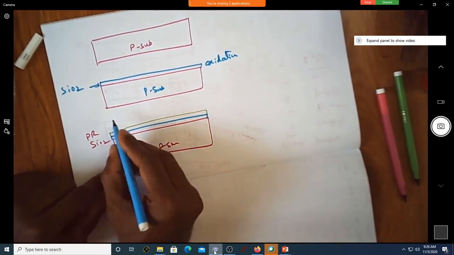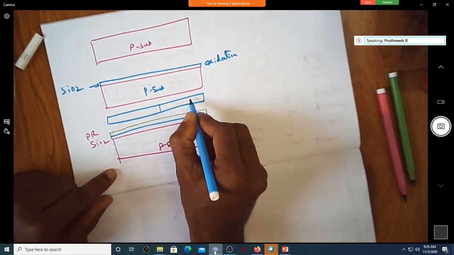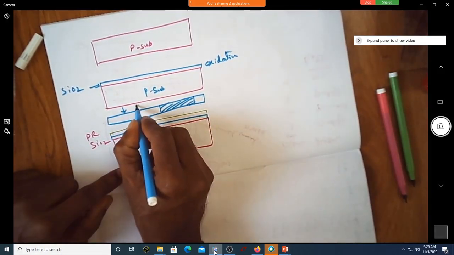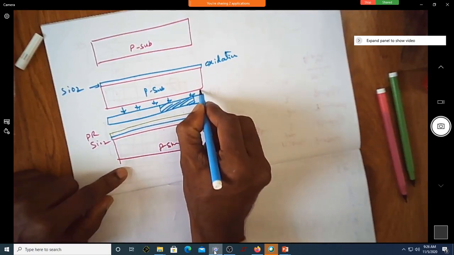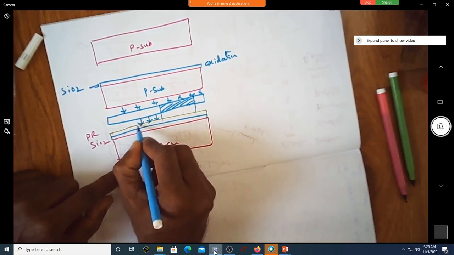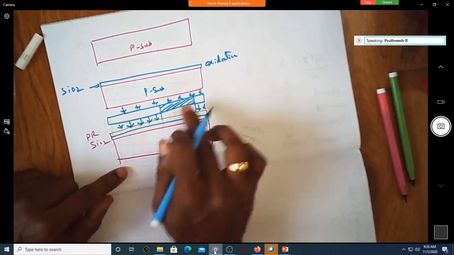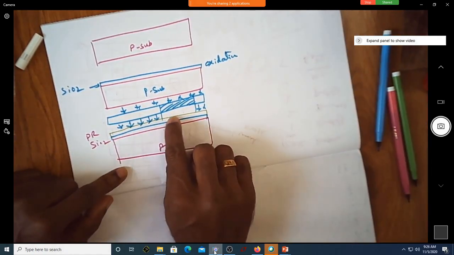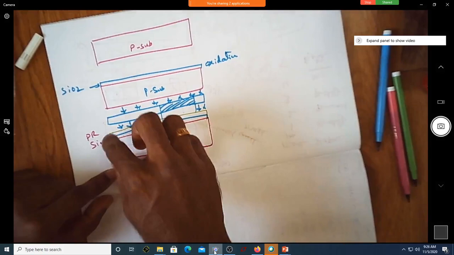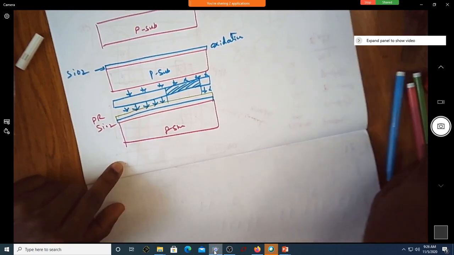Next you have the mask, the N-well mask. The mask defines where you want to have the N-well. You pass UV light through this. Here UV light is not passing; here UV light is passing through. Because here it is opaque, it won't pass; here it is transparent, it is passing. You can see this region is not exposed. After this process, you dip the entire thing into a solvent. What will happen? You will end up with this.